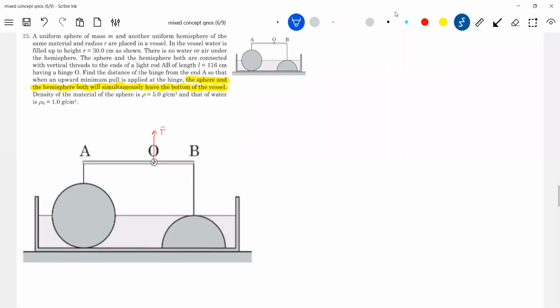Because of that, the tension is set up in the rod. The length of the rod is L, so let this length be X. The net torque about O should be 0. If that is 0, then both will leave simultaneously. Is it okay? What is the meaning of this? The sphere and the